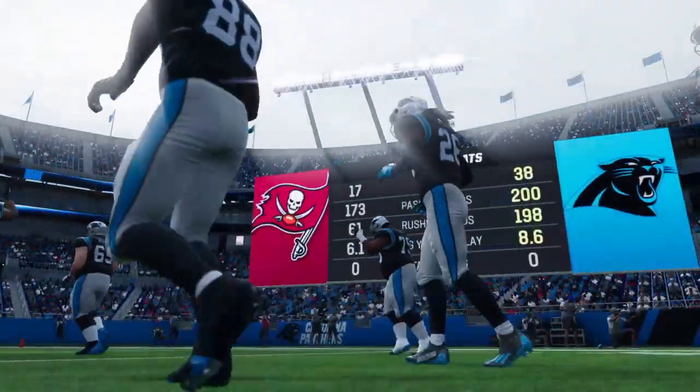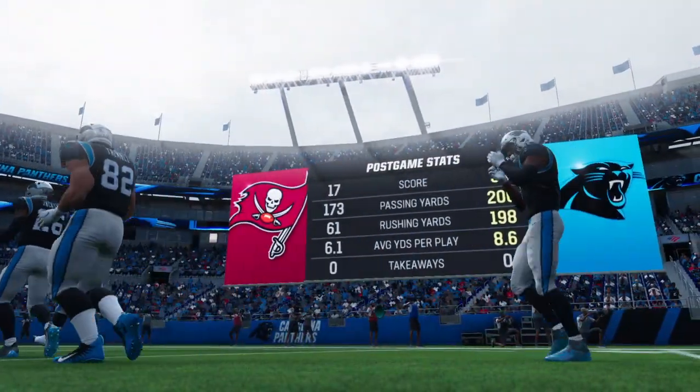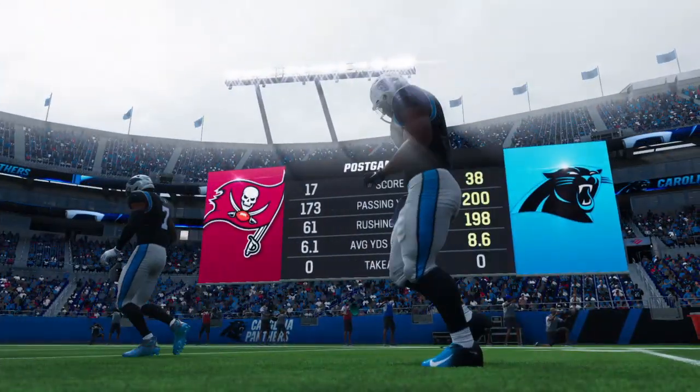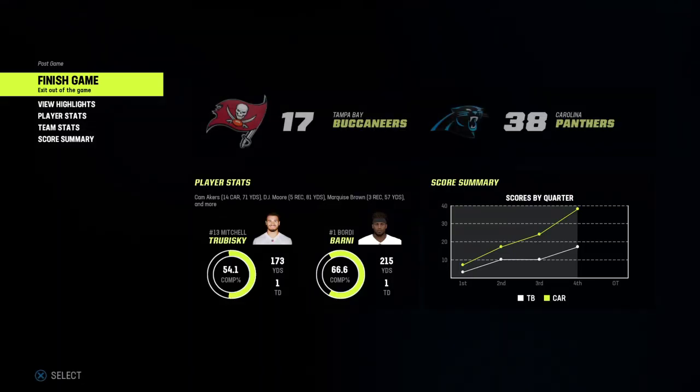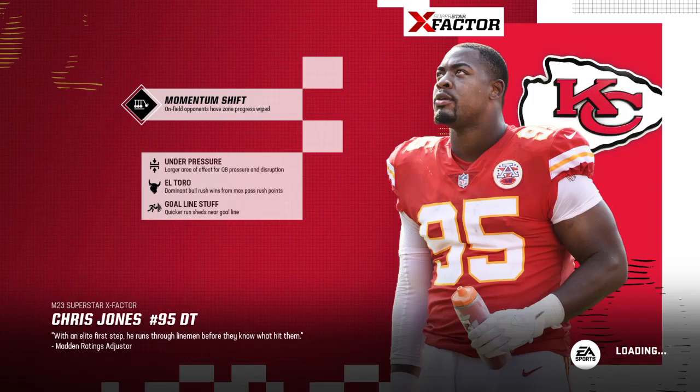So for the Panthers, they remain one of the hottest teams out there as the win moves them to 6-1. And next week they get to stay home again as the Los Angeles Chargers come to town. Meanwhile, for the Buccaneers, they fall to